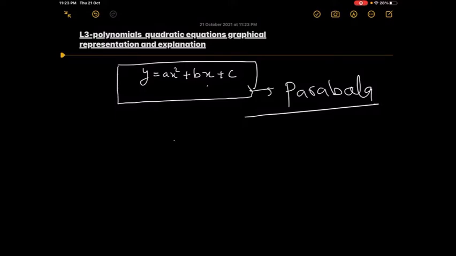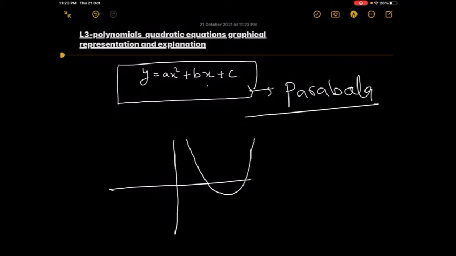Parabola is a standard graphical figure which looks like this. So this is the x-axis, this is the y-axis. Today I'm going to explain this quadratic in terms of the parabola. Okay, so what I can see in this parabola is this shape, when my equation is ax square plus bx plus c. Presume this is case one.